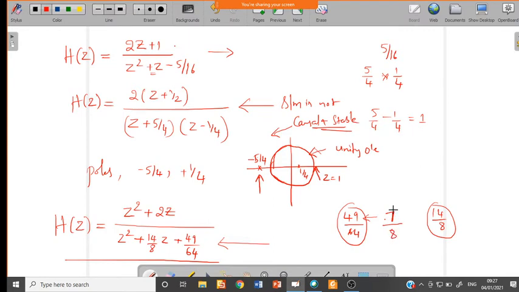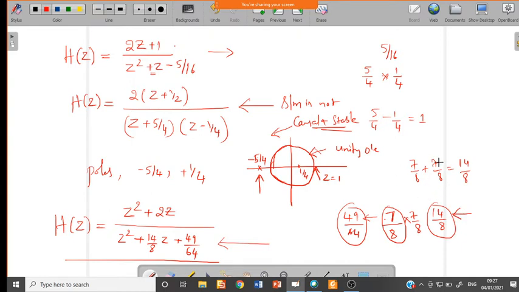Okay, so now one root we can say is this one. Another root, if you multiply 7 by 8 by 7 by 8, you will get 49 by 64, right? Now if you add both, that is 7 by 8 plus 7 by 8, what will you get? You will get the sum back.